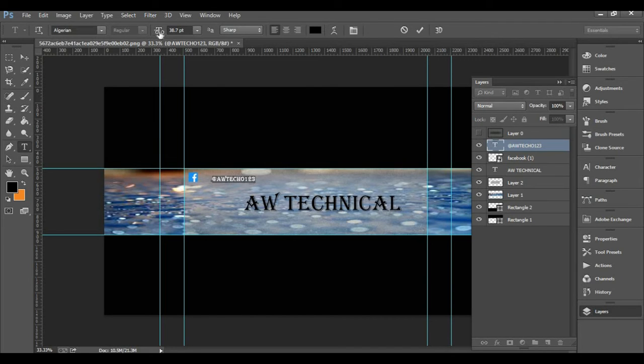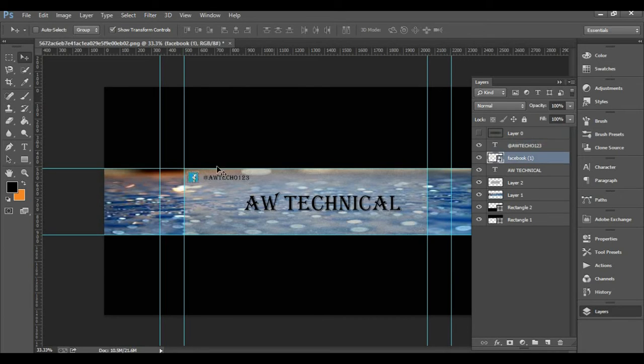Increase the size of the page name a little. You can adjust according to your requirements. Now it looks better.